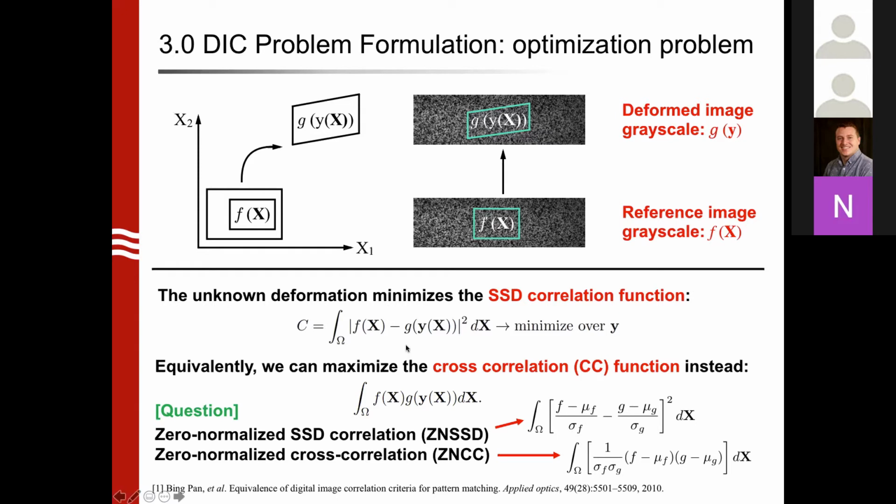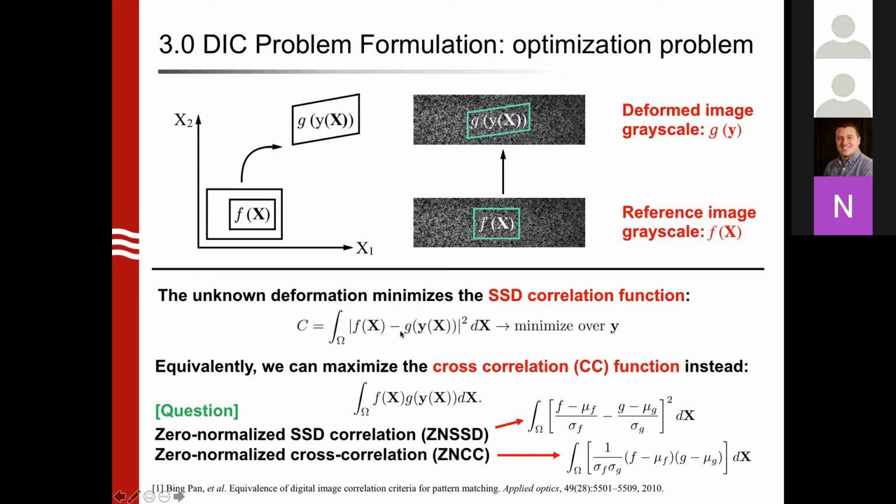Yeah, so just imagine, if everything is the ideal setup, right? So f exactly goes to g. So you can see the non-zero normalized should have the same results as the zero normalized, right? But because we can have some experimental noise or some lighting change or something,